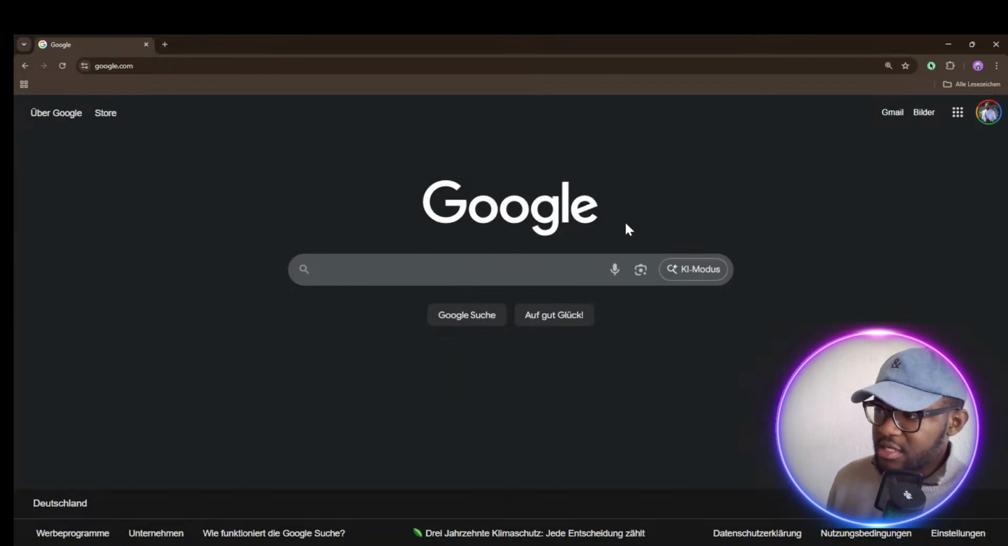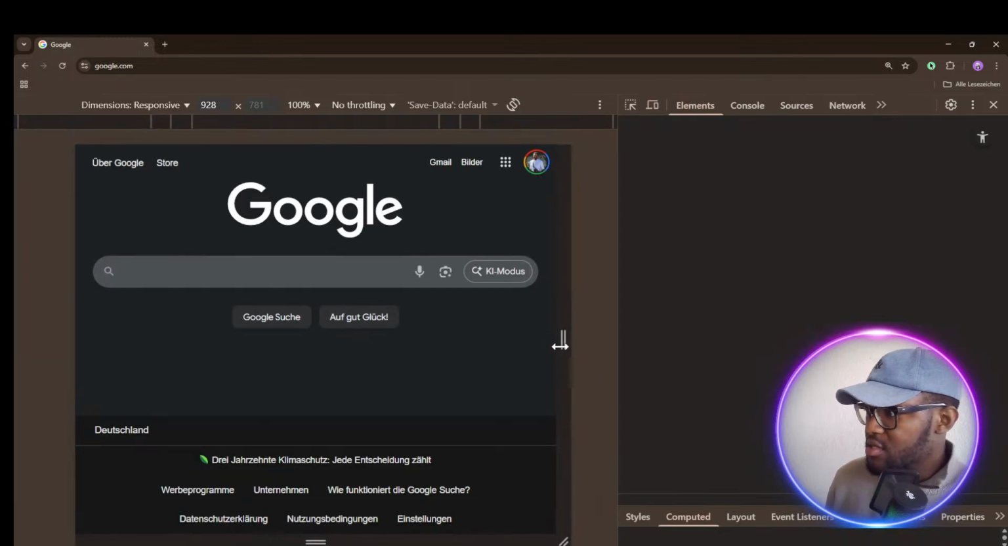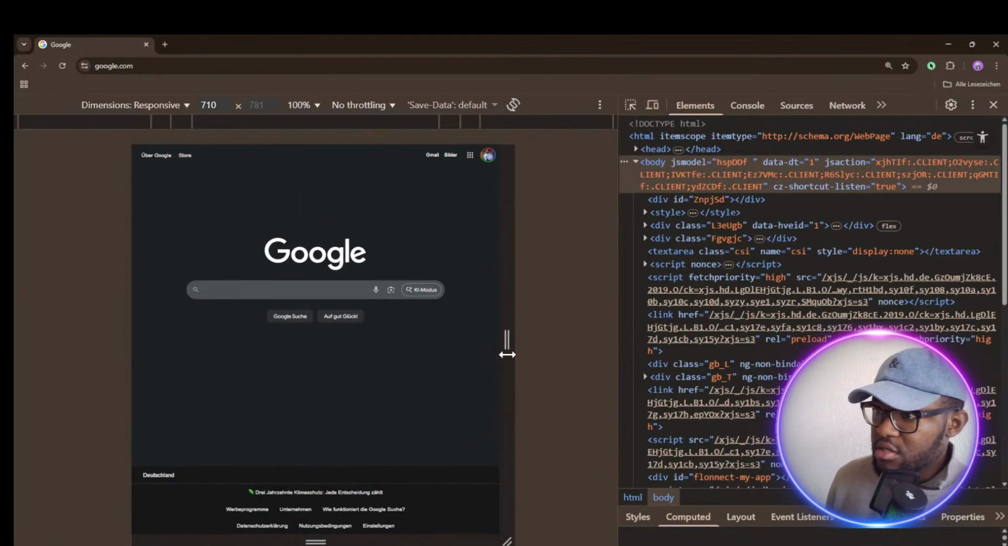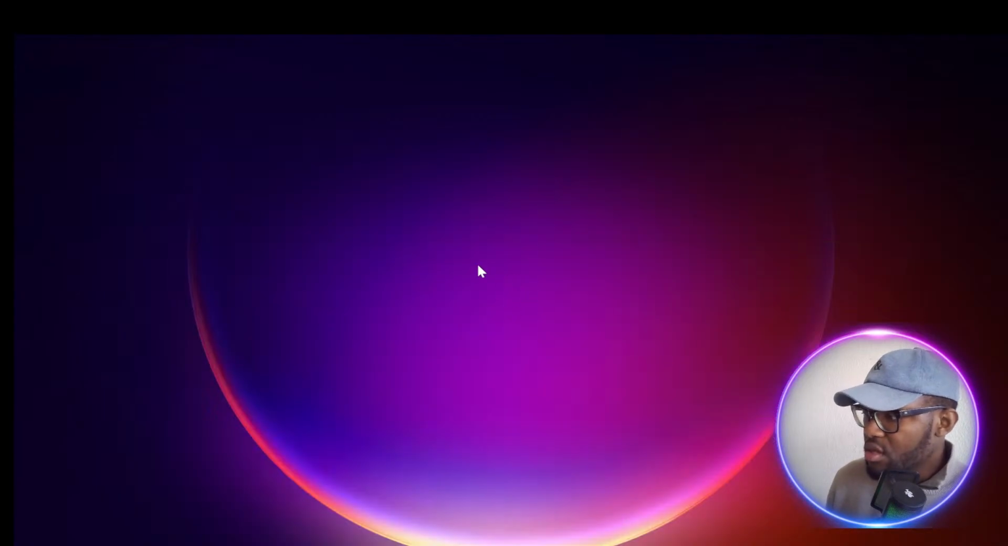Okay, as I said, today we're going to try and build this Google UI clone with everything here. Also make sure that it's responsive and so on. So eventually I will try and use this dev tool to help me, to guide me. So the first thing that we shall do,